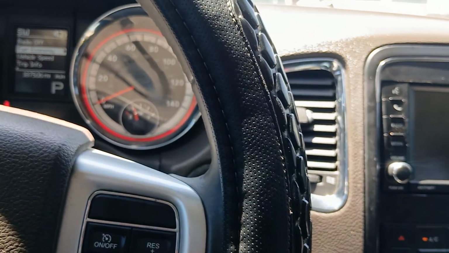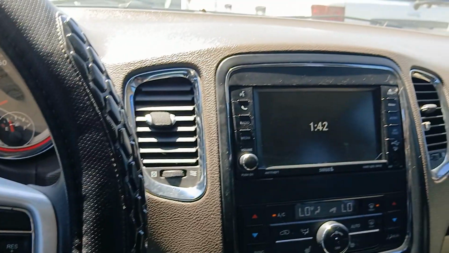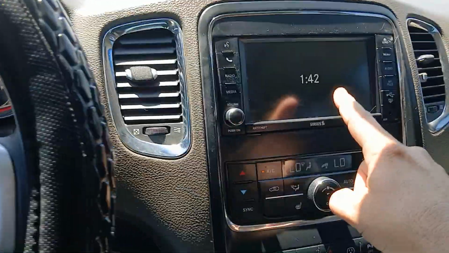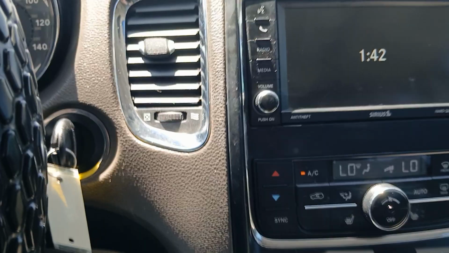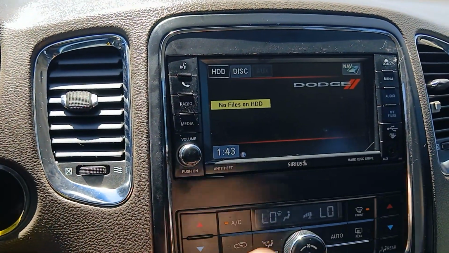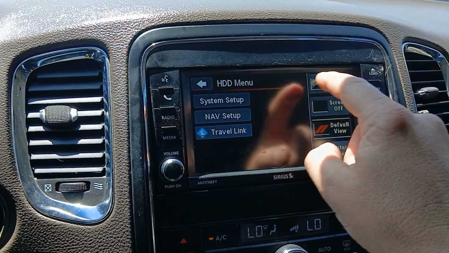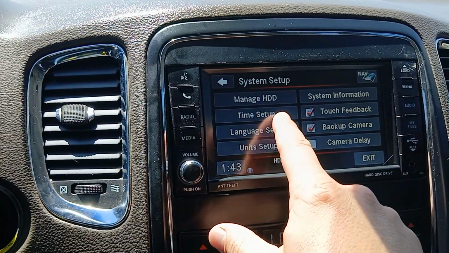Hello, I'm in a 2013 Dodge Durango, and today I'm going to show you how to change your time, should you need to. So first you want to make sure the vehicle's on, which it currently is, and then the radio also on, which turns it on. And we'll go to menu, and then the touchscreen, the system setup, and then as you need to, go to